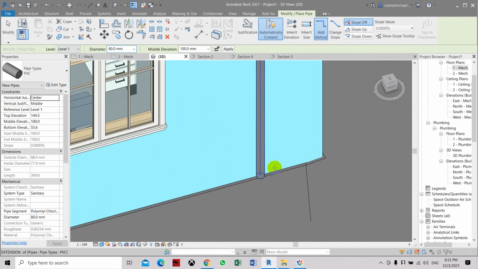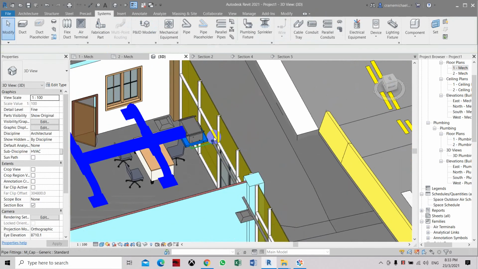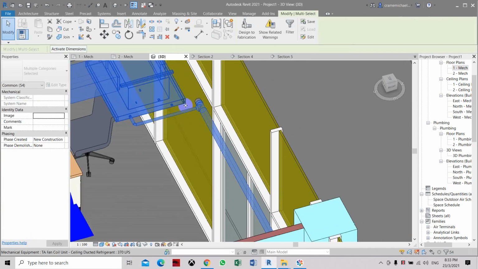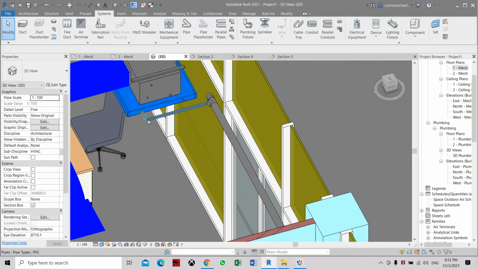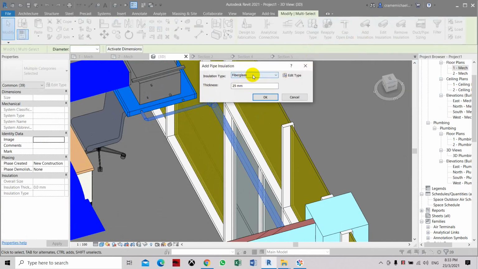Now, condensate drain pipe typically will have insulation, so we need to apply an insulation here. Let's just apply it to the pipe here. Select here, click tab, press the tab until it highlights all pipes. Let's unselect this because it includes the fan coil unit. Let's select from here first. Tab, select the piping, and here add insulation tool, click, and let's just use a PVC jacketed glass,